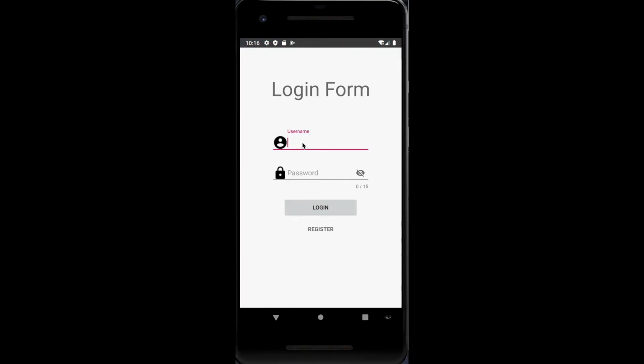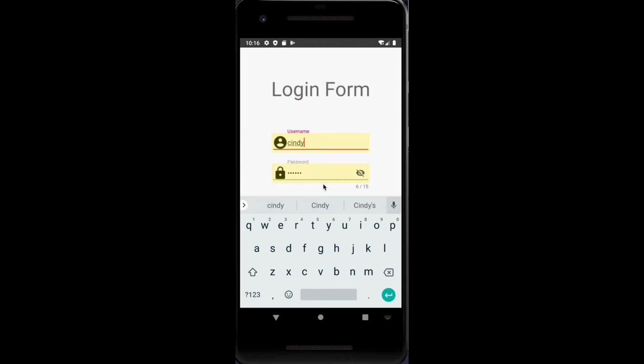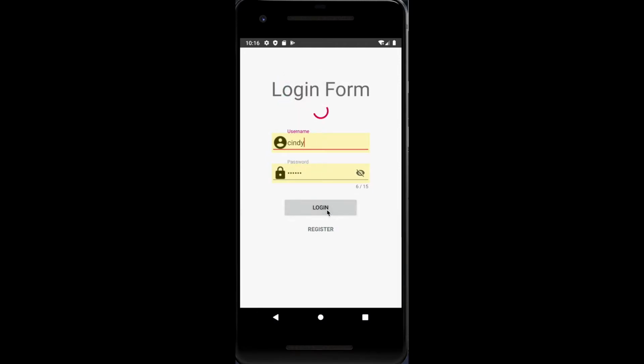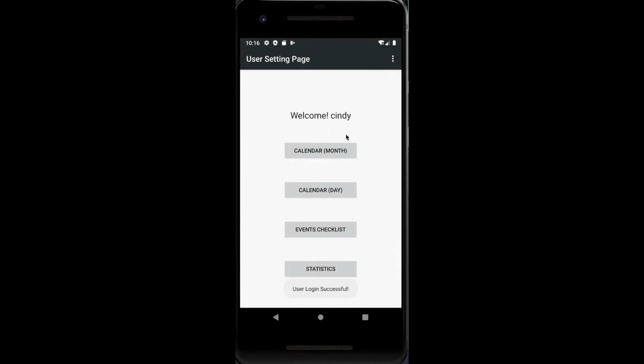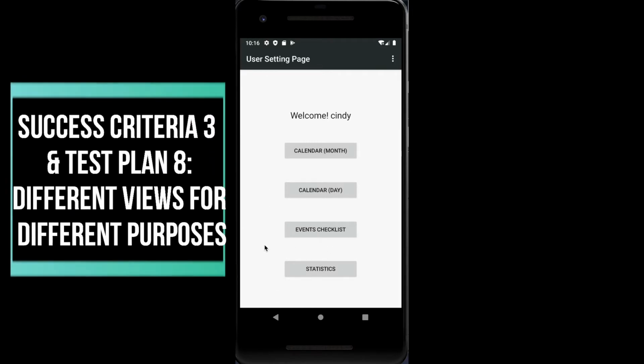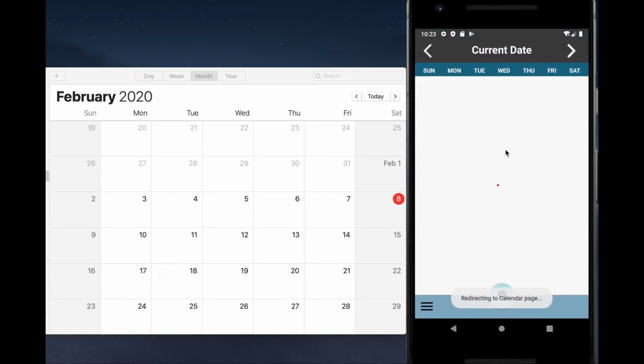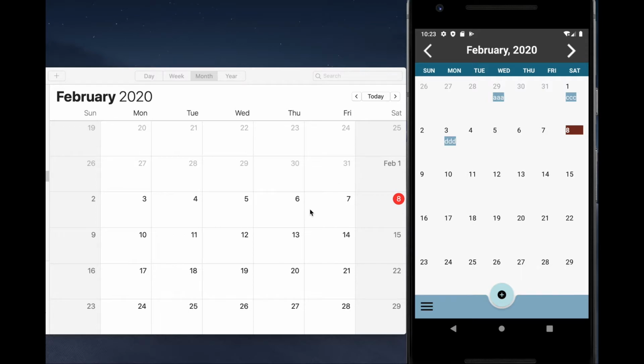Now, I will log back into the account that I had created before with several placeholder data. On this user setting page, we can see that there are 4 buttons directing to pages with different purposes, thus meeting success criteria 3. First, for the month view, we can see that the calendar is consistent with the system